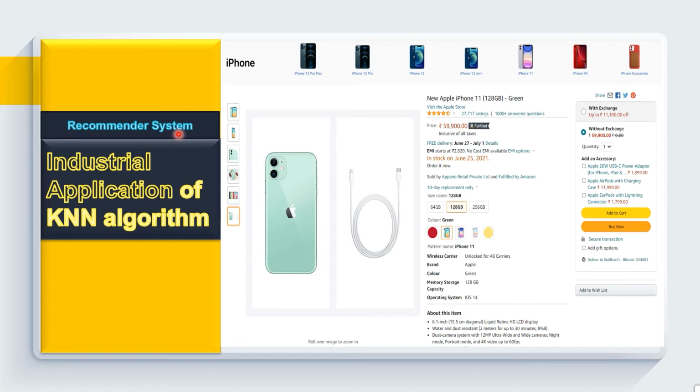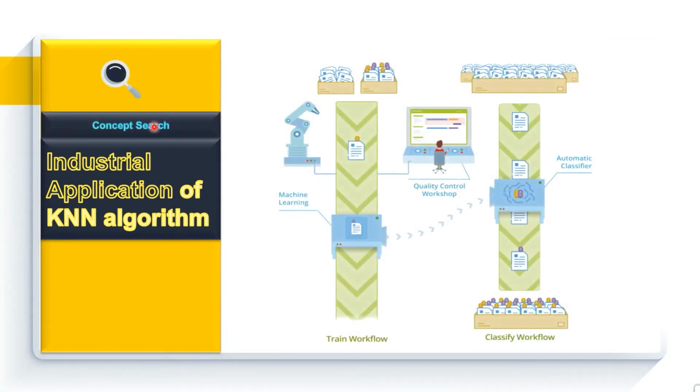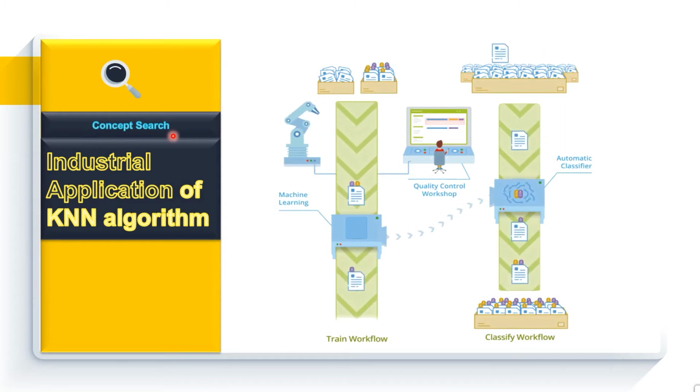Well, this recommendation has just one main goal, that is to increase average order value or to upsell and cross-sell customers by providing product suggestions based on items in the shopping cart or based on the product they are currently looking at on site. So the next industrial application of the KNN algorithm is concept search, or searching semantically similar documents